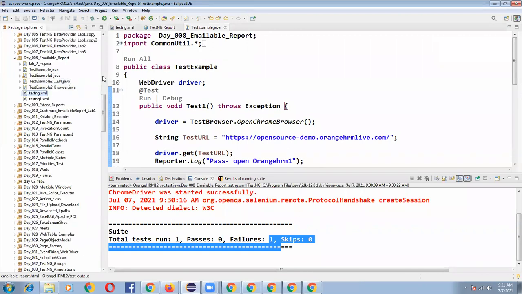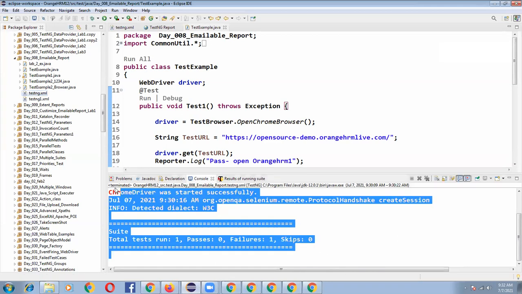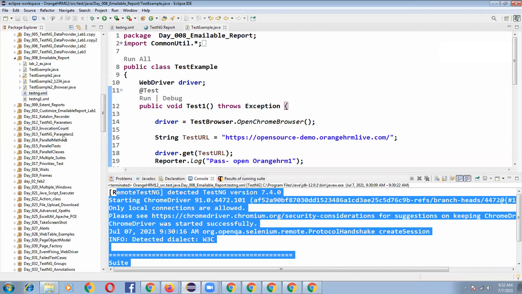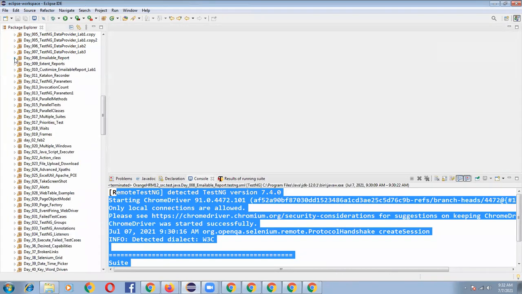The purpose of testng.xml is that we can execute our programs from it and view the reporting in a separate HTML file, emailable-report.html. Previously we could not share these output results with the client, but now we can copy that emailable-report.html and share it. That is the test execution evidence we can provide from our side.